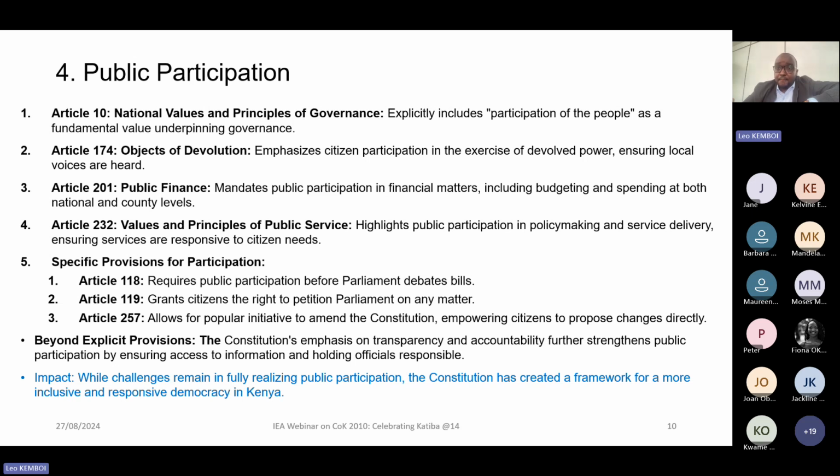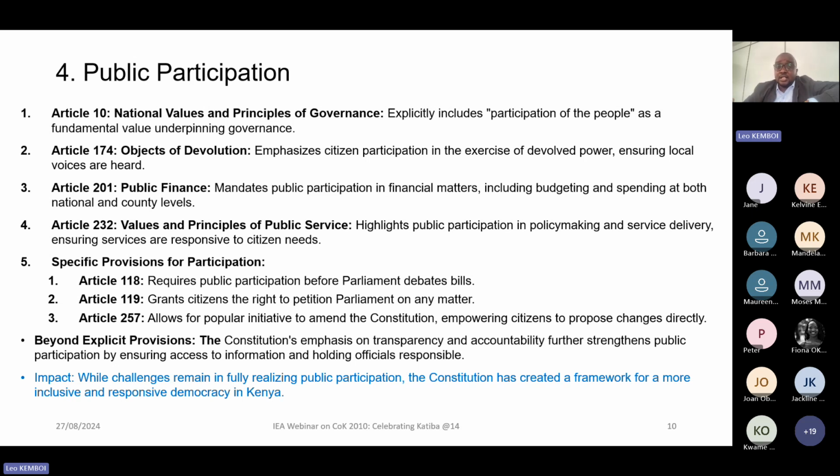Public participation on all financial matters. For any financial matter, there is a requirement for public participation. And then again, you see another